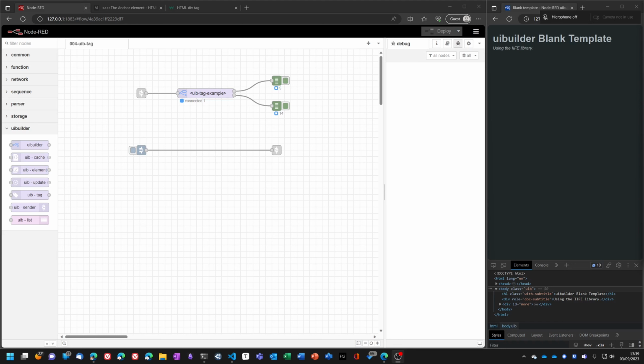Welcome to this fourth video in the occasional series on UI Builder for Node-RED. Please go back and see some of the other videos if you're not sure about what UI Builder is all about. Today we're going to look at a new feature, or relatively new feature in UI Builder, and this is